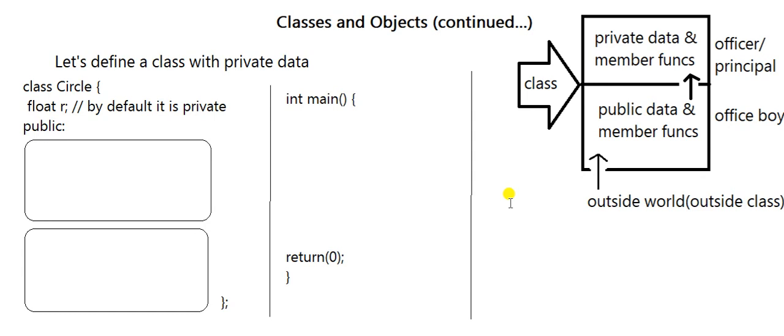We are going through C++ tutorials. In that one we have started with classes and objects. In the last video, the very basics of classes and objects we have studied. We have seen how a class could be defined, and the class we had defined with public data, and we accessed it outside the class. In the main function we created one object and we computed the area of a circle.